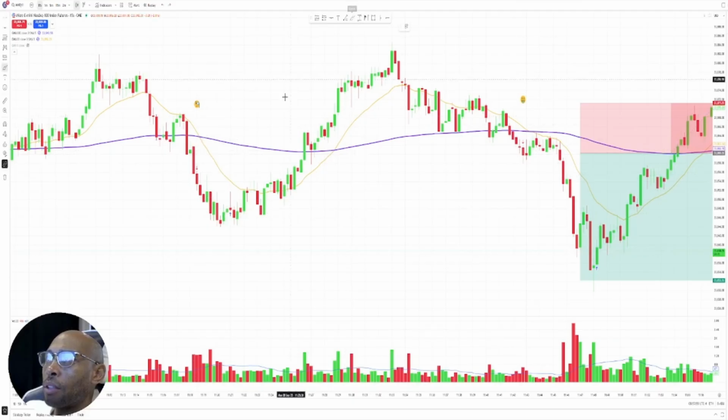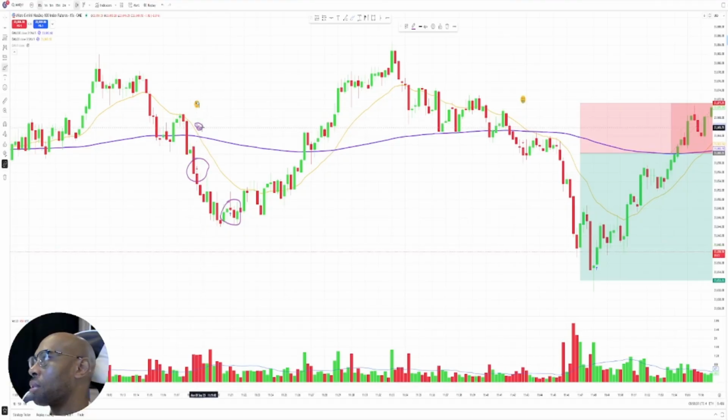Then let's see if I can circle that for you guys. So right here, see if I can make that larger. All right. So this first circle is where I got in it. This second circle is where I got out of. And my stop loss most likely, I can't remember, but it was probably up around here. I'll just draw some silly design so you can see. It was probably about up in this area. And the price was probably around 23,850, something like that, I don't know. So that was the first trade.